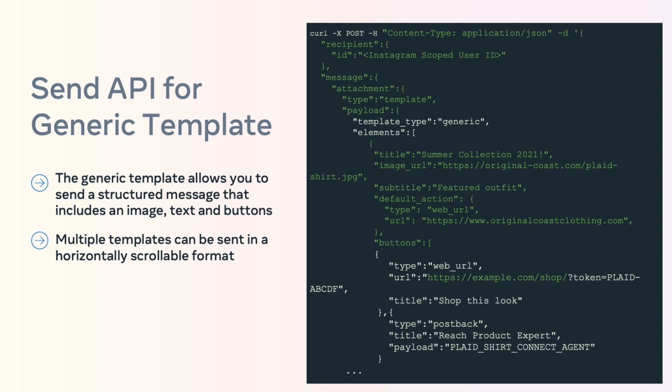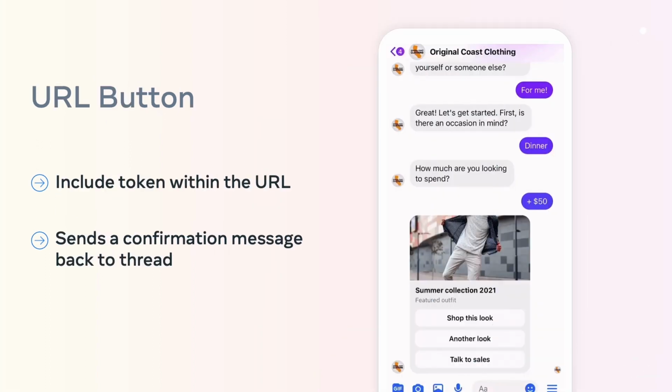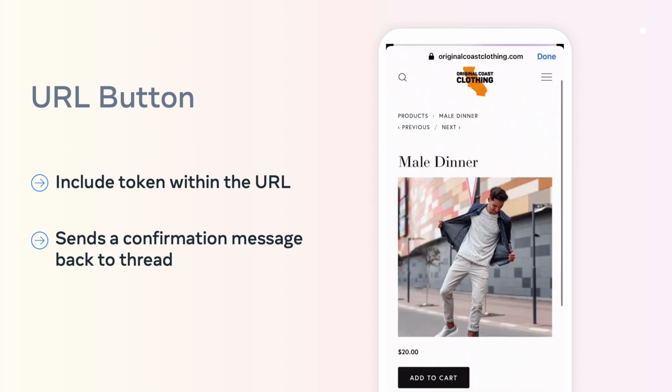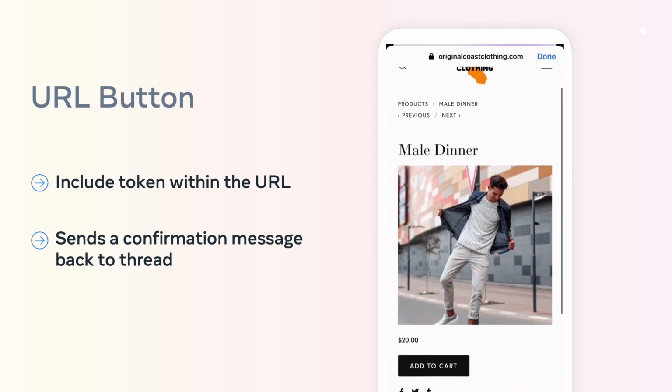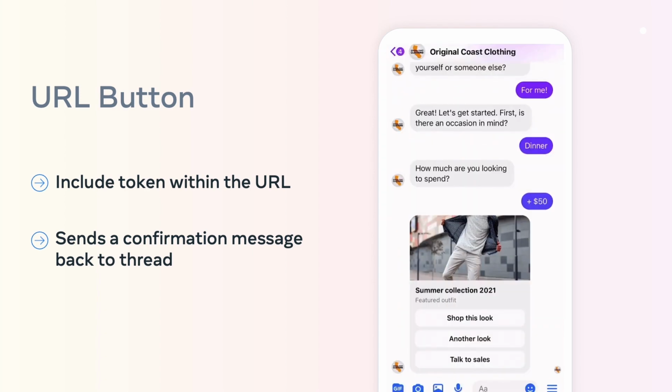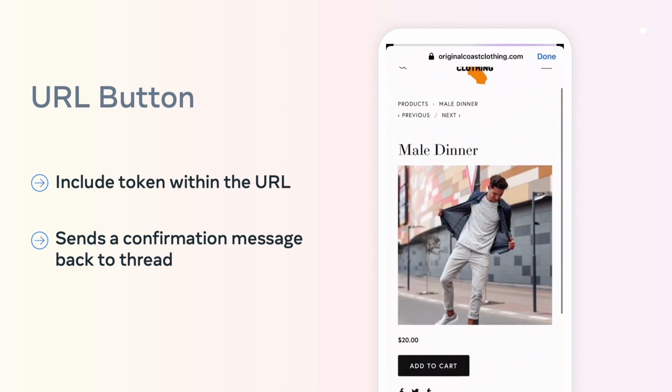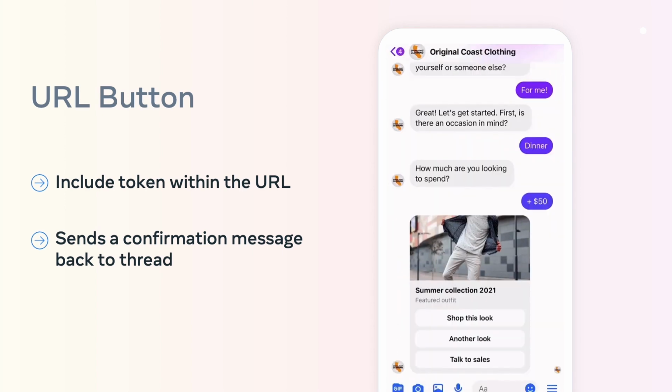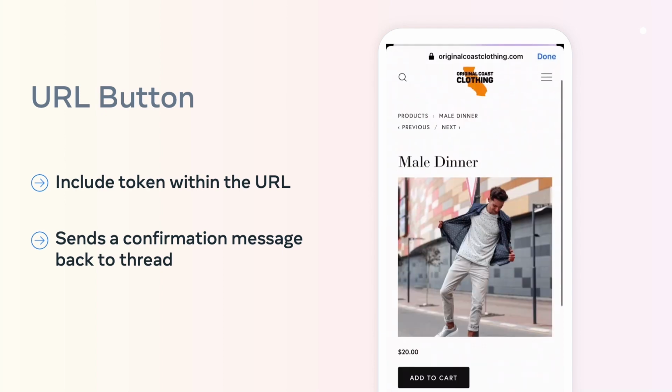The power of personalizing the URL means that you can match the internal conversation with your internal systems so that if the user completes the checkout flow on your website, you can then send the customer a message into the thread thanking them for their business and providing them with useful information such as their order number and the delivery timeframe for their order.